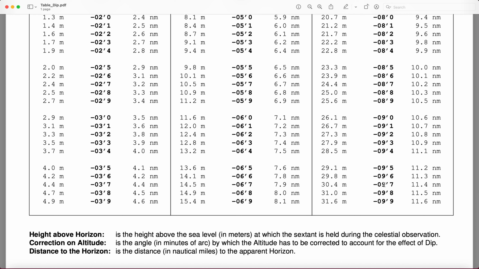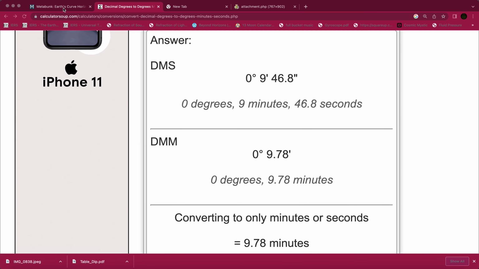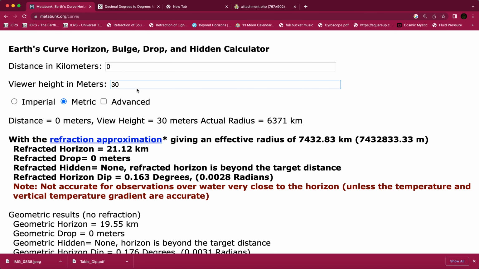So there's small discrepancies, tiny discrepancies, but only small amounts, a lot less than they have with their geometric horizon. And the reason is they need to be able to take not just 30 meters, they need to be put in, like when someone puts in 500 meters, let's just say, of an observer height. All they're doing there for their refracted dip is, let's just say